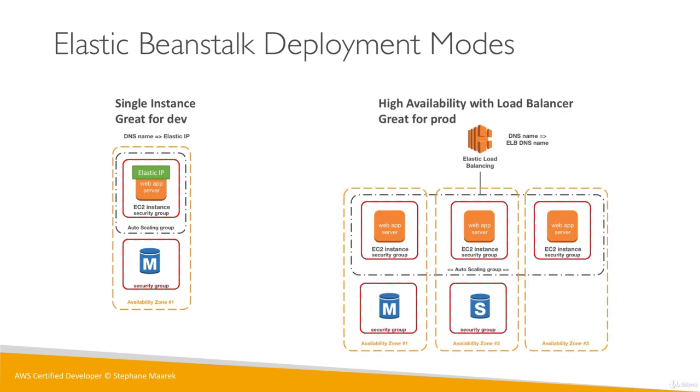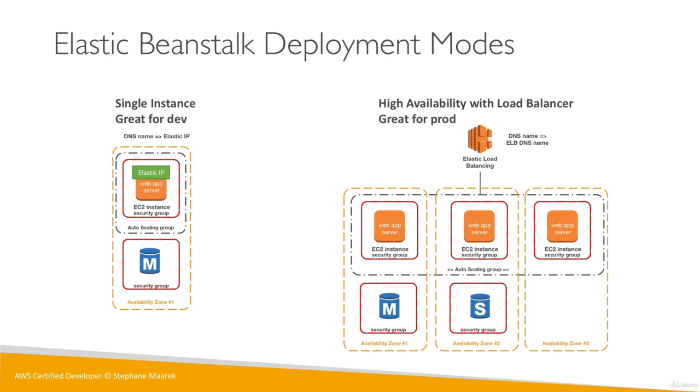There's a second setup now, which is the high availability with load balancer or without a load balancer, and it's great for production type of deployments. So in this case, it's a bit more complicated, but we've seen this architecture before. We have an autoscaling group, or ASG, and it will span across multiple availability zones, in which in each AZ we're going to get one or several EC2 instances, each with their own security groups, and they may talk to an RDS, maybe set up in multi-AZ as well, such as one master and one standby database. Okay, so all this is pretty familiar.